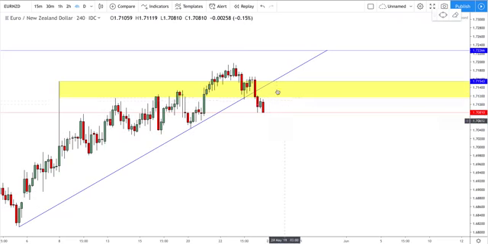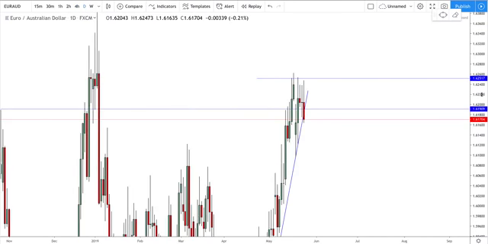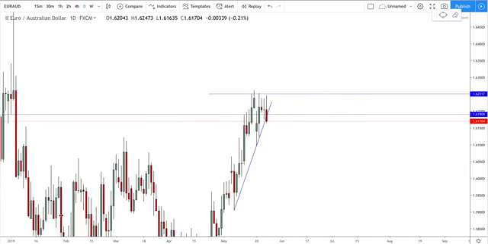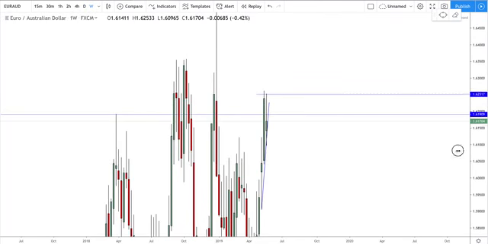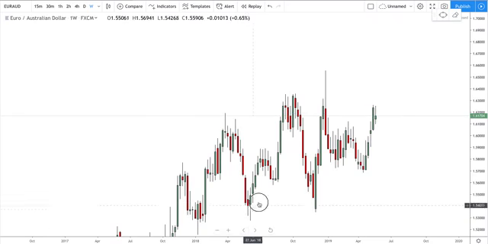But I'm keeping an eye on this because I like NZD USD to go higher, which I'll explain in a minute. So with the New Zealand dollar getting stronger, that will help push this pair down. Likewise with Euro AUD. So I'll just show you here, keeping this nice and simple. If I just go to the weekly chart of Euro AUD first, we'll just clear everything off and show you how simple we can make it sometimes.